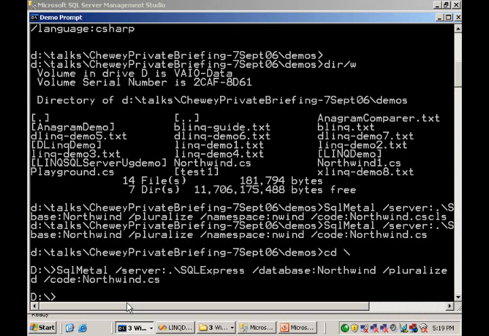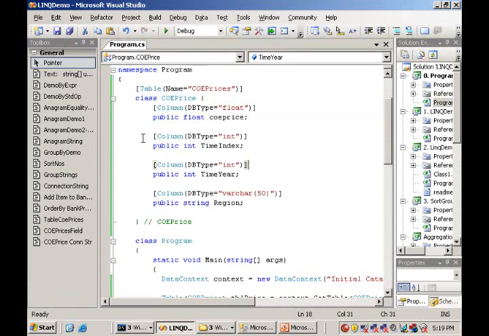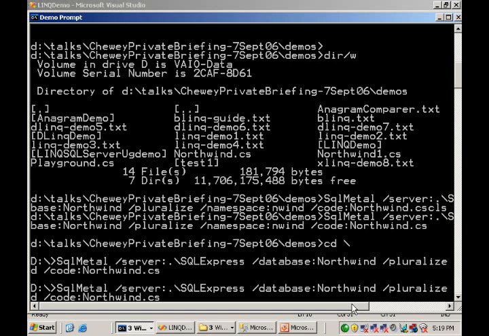No problem. So what we have done here is we have connected to the SQL Express, and specifically to the Northwind database, extracted all this out, and generated the code that looks something like this. I gotcha. And you can just create a class. That's correct. And you just dump it all in there. That's correct. And on top of this, because by using SqlMetal, if I scroll from left to right,